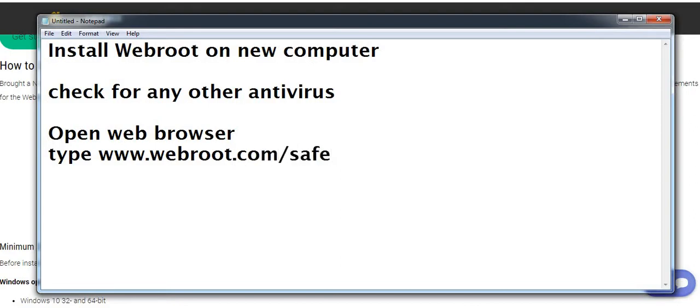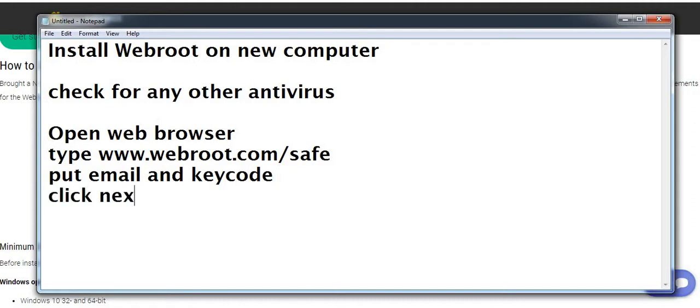On this page you will find two boxes. The first one is for your email, and the second one is for your key code. You need to put in the email and key code, and then click next.